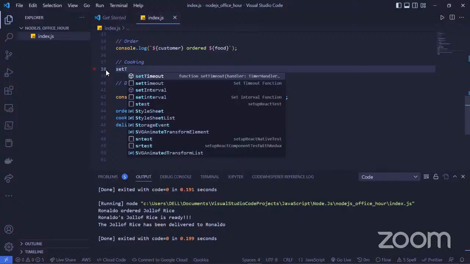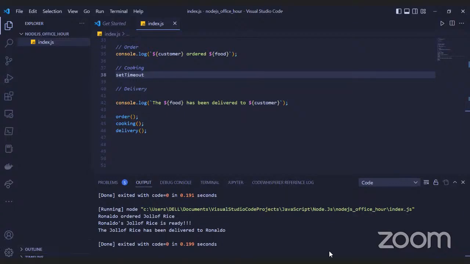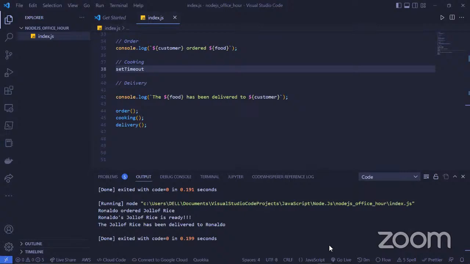Set timeout is a function that uses callback, but it's usually used in NodeJs to set timeouts, especially when you are processing. One of the use cases is when you are trying to load a page. When your network is poor, sometimes it will tell you timeouts. You can use this to set the time it should take before it says, okay, timeout and stuff like that.